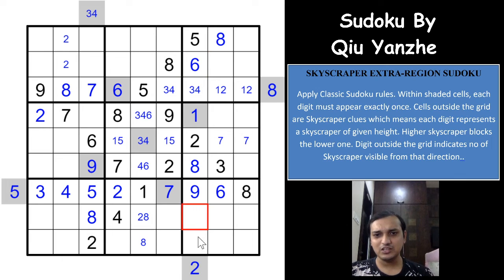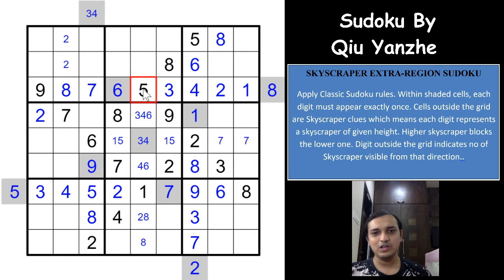So if you have a 7 here, you will have a 3 and 4 here, which means you will see 3 buildings from that direction, which means 7 has to be here, and this has to be a 3, 4 pair. And because of the 4 here, you have a 3 here, a 4 here, a 3 here, and because of the 4, now 3 is hidden, which means these 2 cells will have to be in increasing order.